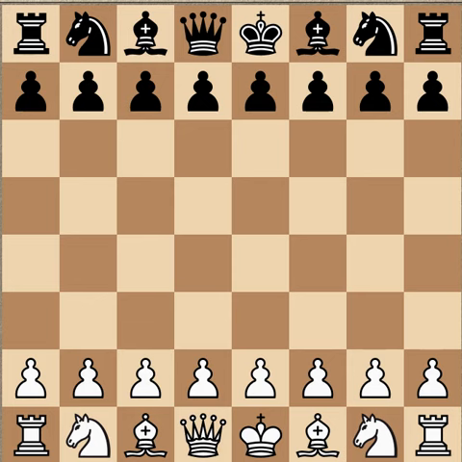So here's a game where Seirawan is playing the white pieces against another famous international grandmaster, Jan Timman. And this game is from Hilversum, 1990. So check it out.